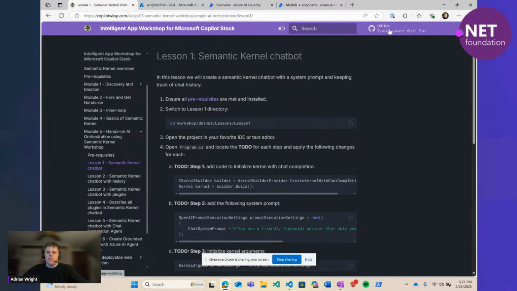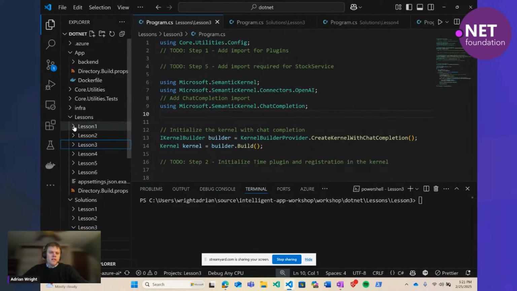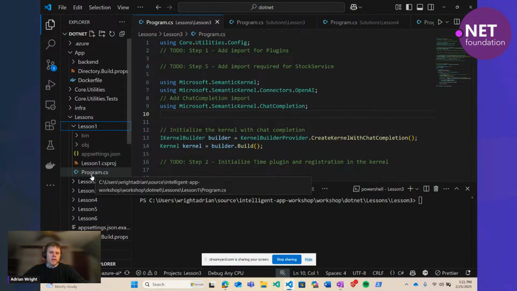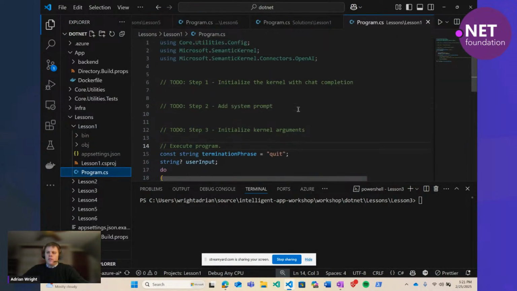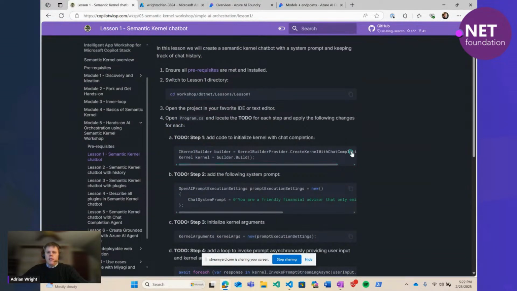So if you go to GitHub, you can clone the repository locally and open it in Visual Studio or Visual Studio Code. So we have 6 lessons we'll walk through. They get increasingly more interesting and complex as we go, but the instructions tell us what to do here.